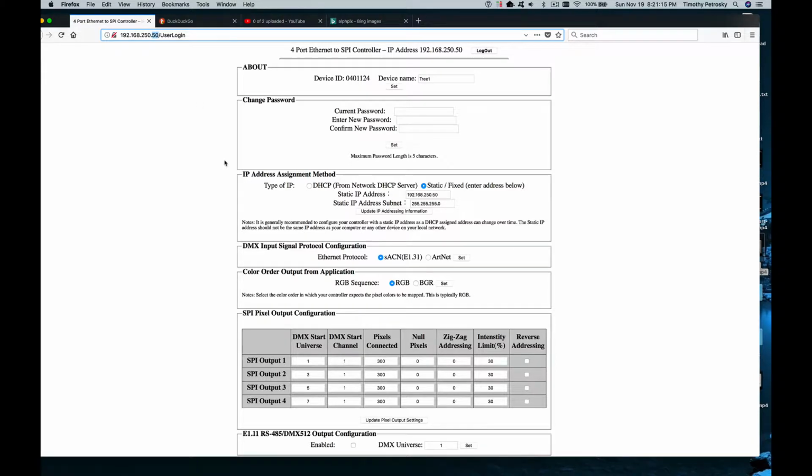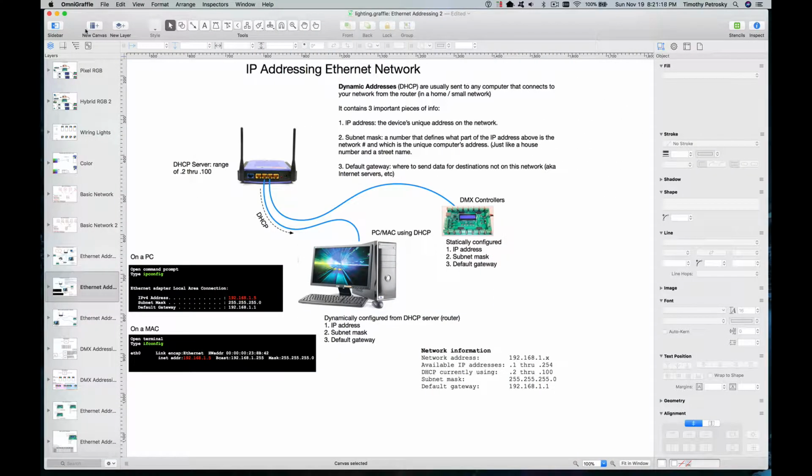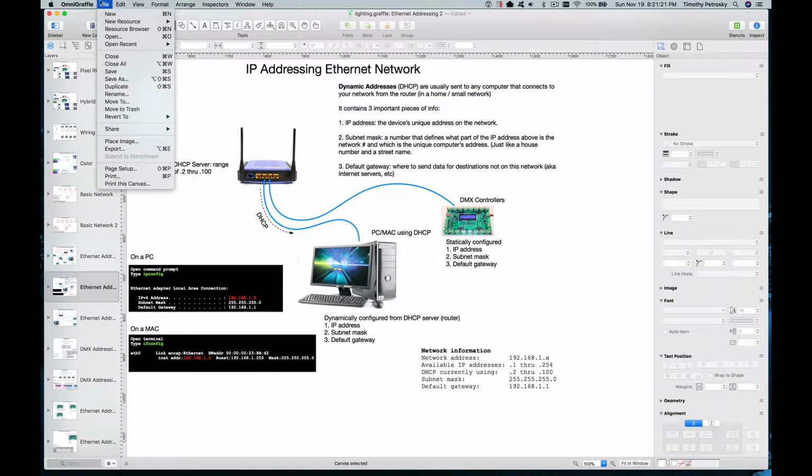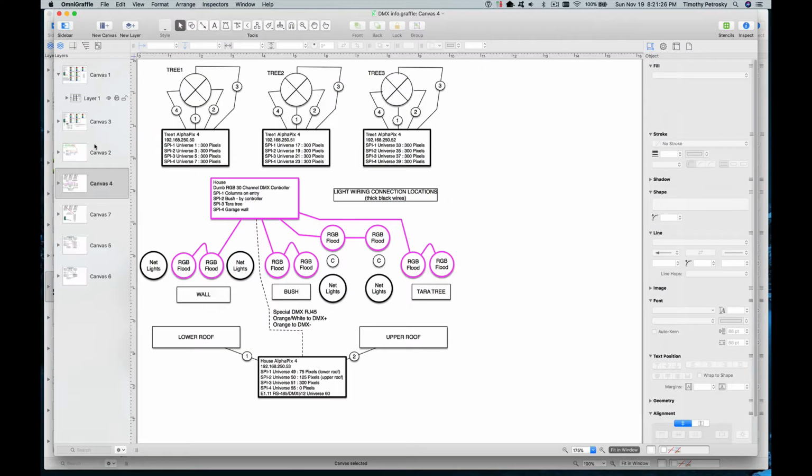Or like I do, I make, let me see if I have this here. Let me open it. I made a map of my network, my 3 trees, what IP address each controller's been assigned, what universes they have, how many pixels on each. Here's my house controller, running the lower roof and the upper roof on different outputs 1 and 2. And then it has this DMX RJ45 connection to the dumb controller, which runs 4 different outputs of 2 RGB floods each. So you might want to make a little diagram or something like that so you know, and then